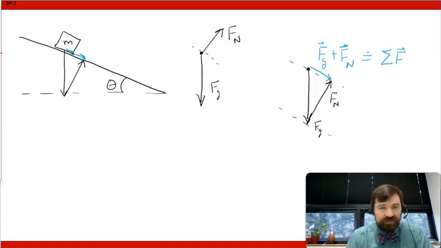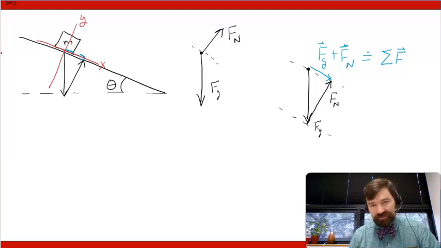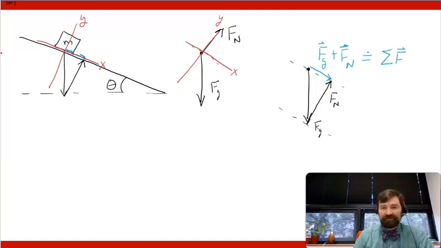And so the rotated coordinate axis is: draw a new set of coordinates, one parallel to the ramp, that will be your X, and one perpendicular to the ramp, that'll be your Y. Now, if I draw that same coordinate system over here, it would look like this. Okay? So here's X, here's Y. And what do you notice about that same coordinate system that I have drawn over here on my free body diagram where I've drawn my